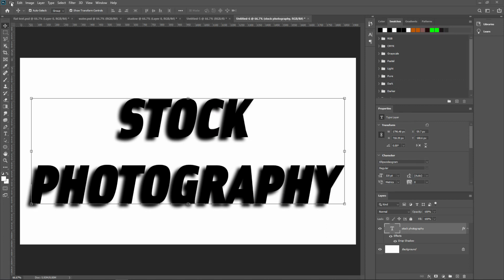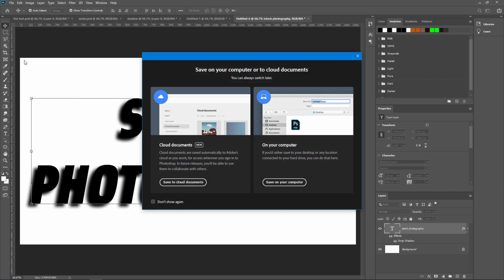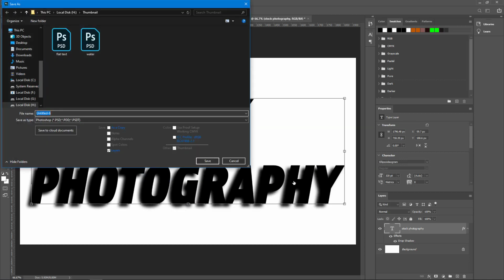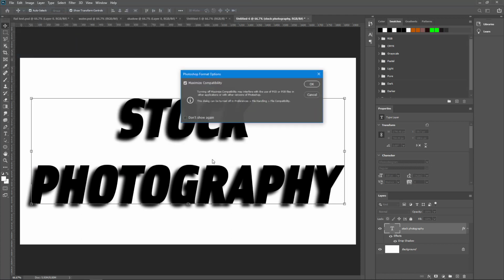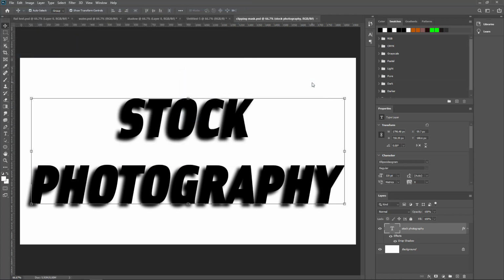So I go to the File menu, choose Save, choose Save on your computer, name it clipping mask and click Save. Now the document is saved as clipping mask.